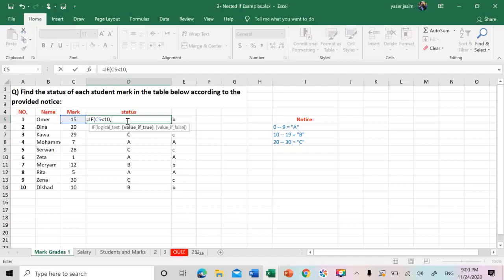Now we're going to go for the true value. If it's less than 10, give it A, comma. If it's not less than 10, it's greater than 10, that means I have another condition. I'm going to go for the other condition and see if the mark is less than 20, comma. If it's less than 20, the true value will be B,